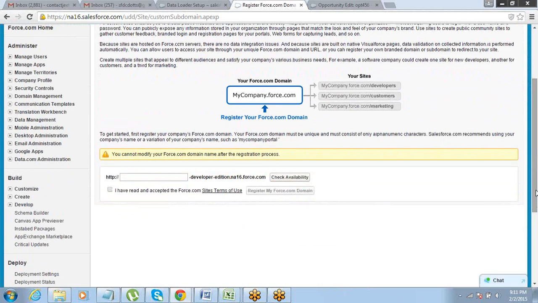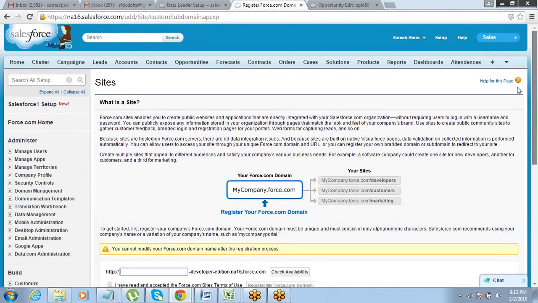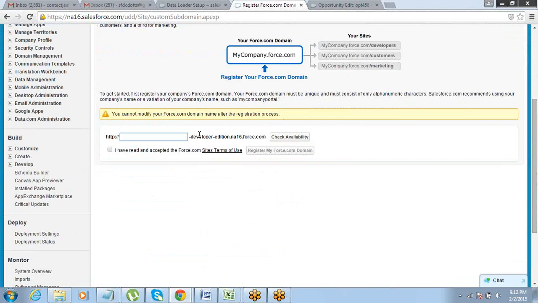And then you have to register a subdomain. Let's say the subdomain that I'm gonna register is Suresh Bare. So whatever your company's name or whatever you want, okay. So this will become your complete domain. http:// this Suresh Bare. Okay.